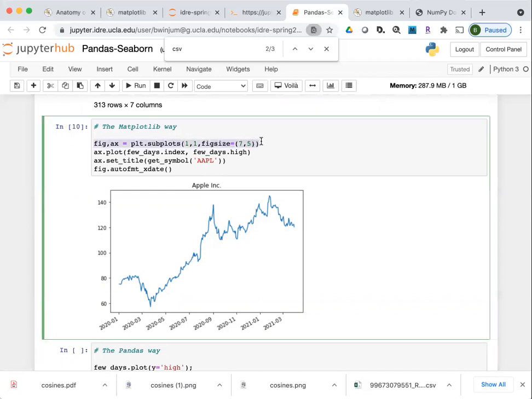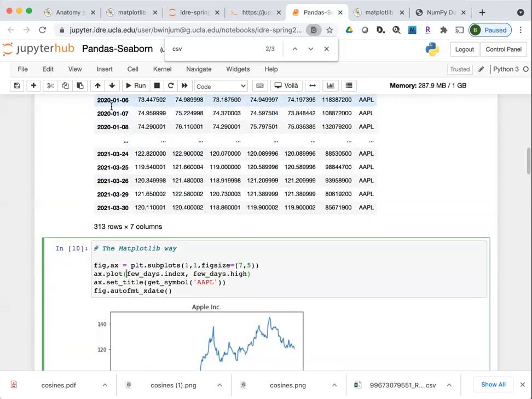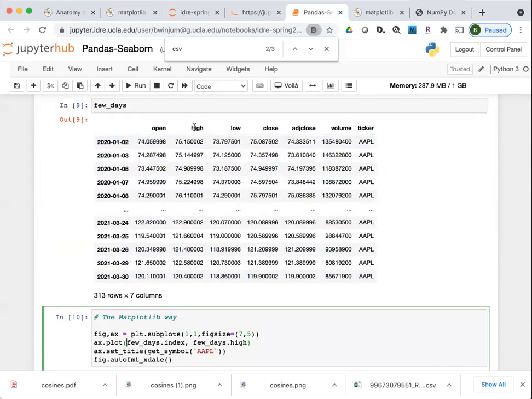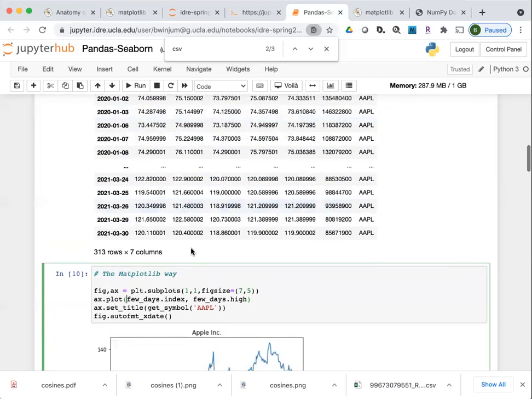This is abbreviated Matplotlib, but it calls plt.subplots with one row and one column, since there's only one plot. It sets the fig size and returns the figure and axes objects. Then I use the axes object to plot the data. few_days.index, the index, is the dates, and few_days.high is a way to reference the high column inside the data frame.